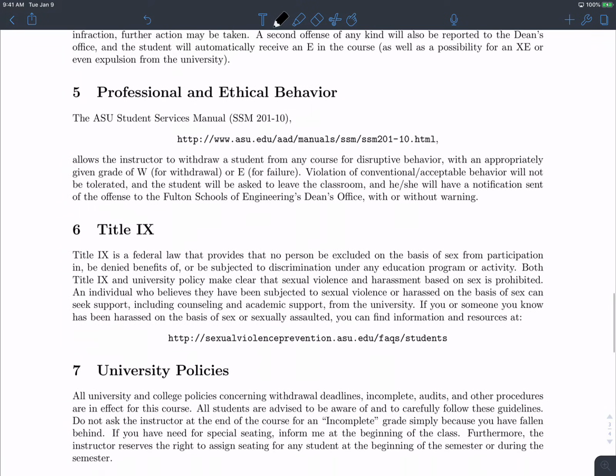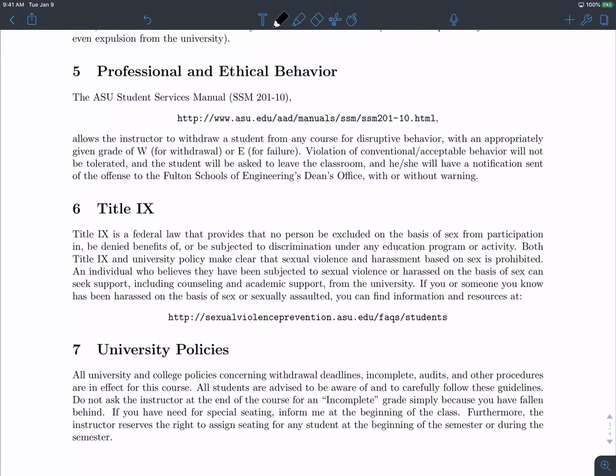Okay, let's zoom away from that dark section. And these last three are basically, just to sum up, if you just follow the rules of the university, try to be respectful to your other classmates. If you feel like you're a victim of something terrible that's happened, please come to me or go to these links here. They are great resources for you if you're in that type of situation. It hasn't happened with me before, but it might happen. So feel free to come to me if you think it's happened to you.